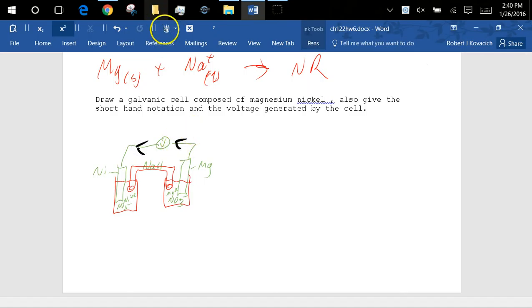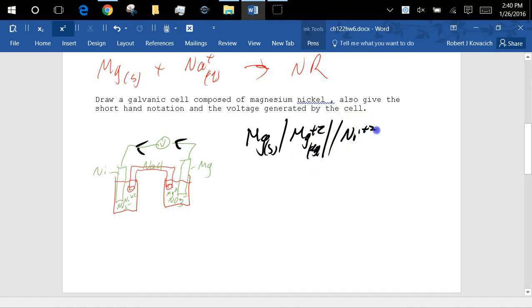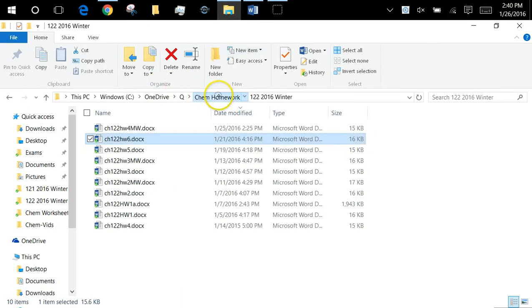And the shorthand notation for this is going to be magnesium solid is going to turn into magnesium ion. And nickel ion is going to turn into nickel solid. So if I look at the table, the nickel, sorry, the